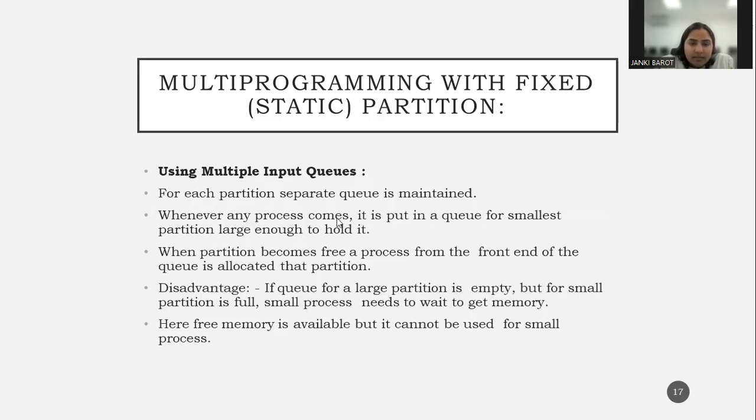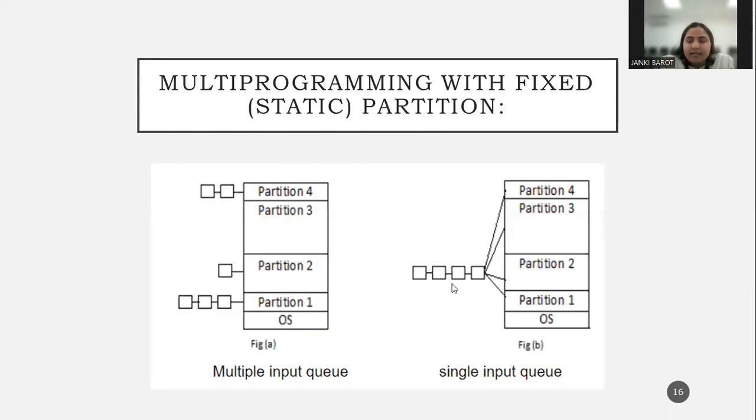Whenever any process comes, it is put in a queue for the smallest partition large enough to hold it. When this process comes, first of all it will find which is the smallest partition which is free. Let's say partition 1, if partition 1 is free, then it will